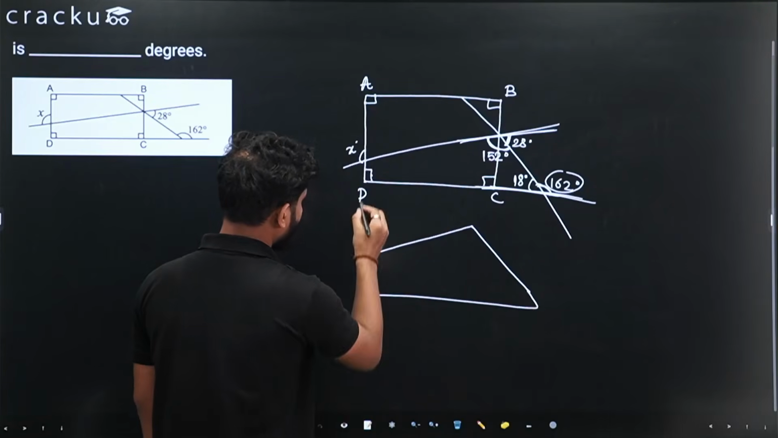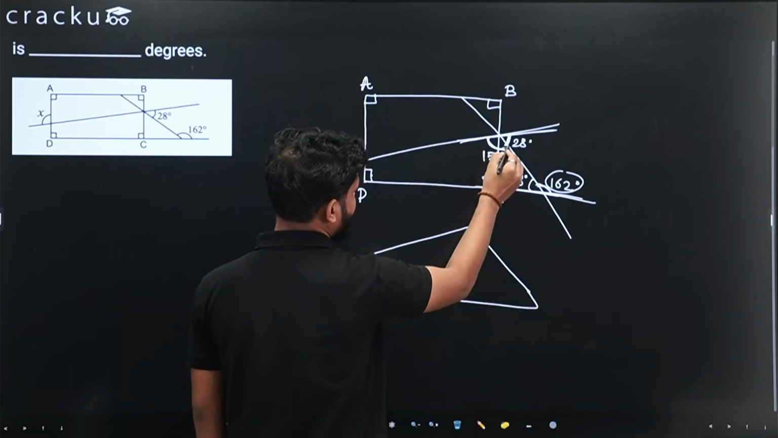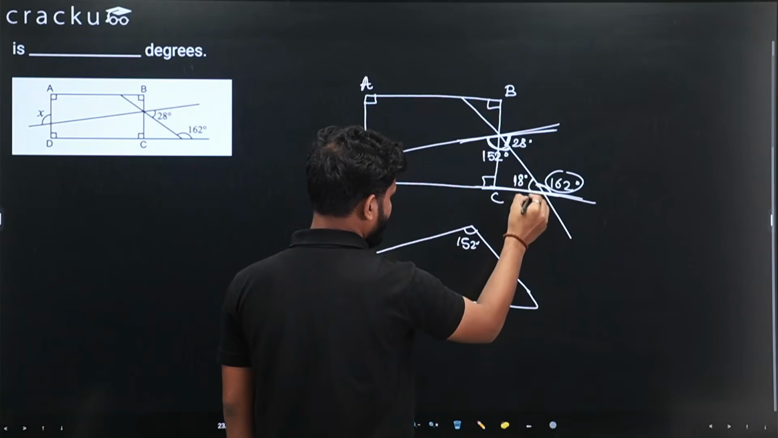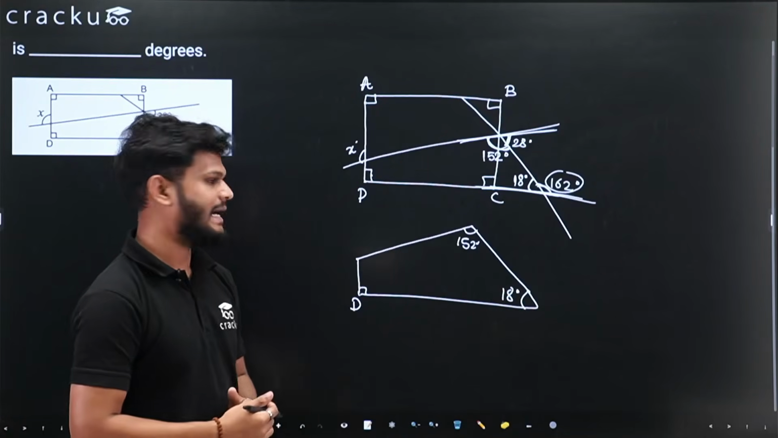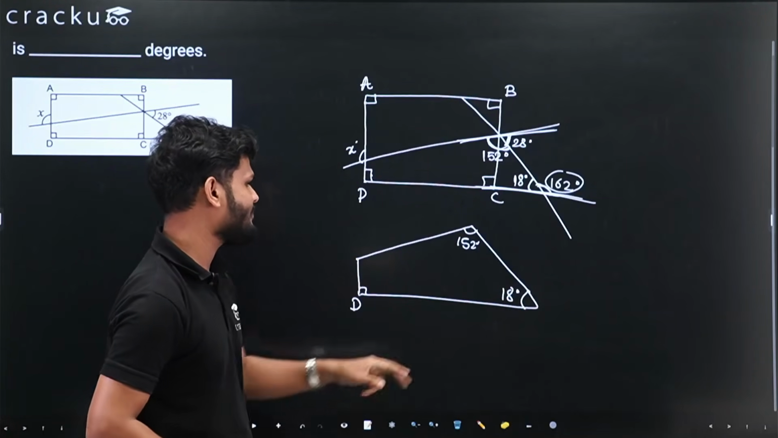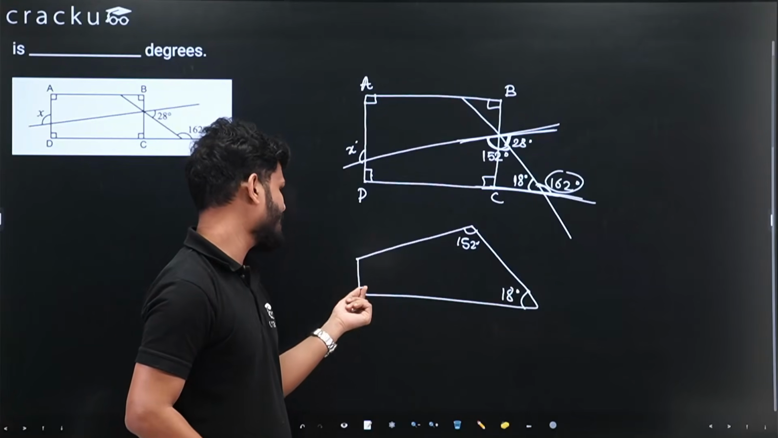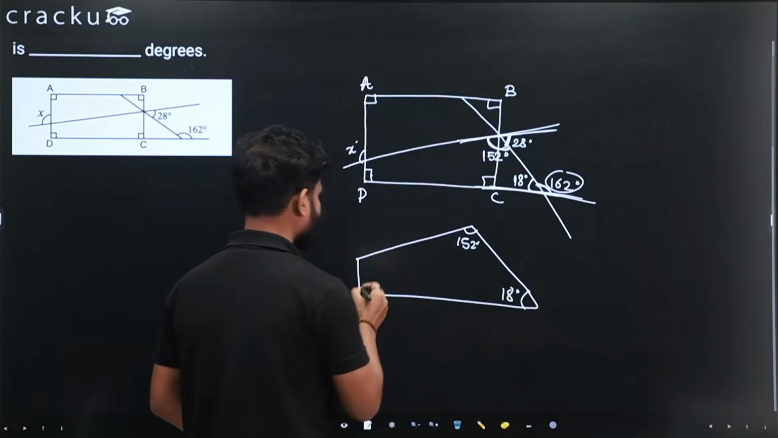So this is point D. This is 90 degree. This angle is 152 degree. This is 18 degree. So this figure is a quadrilateral. So what will be this angle? 152 plus 18 is 170. 170 plus 90 is what? 260. So this angle will be